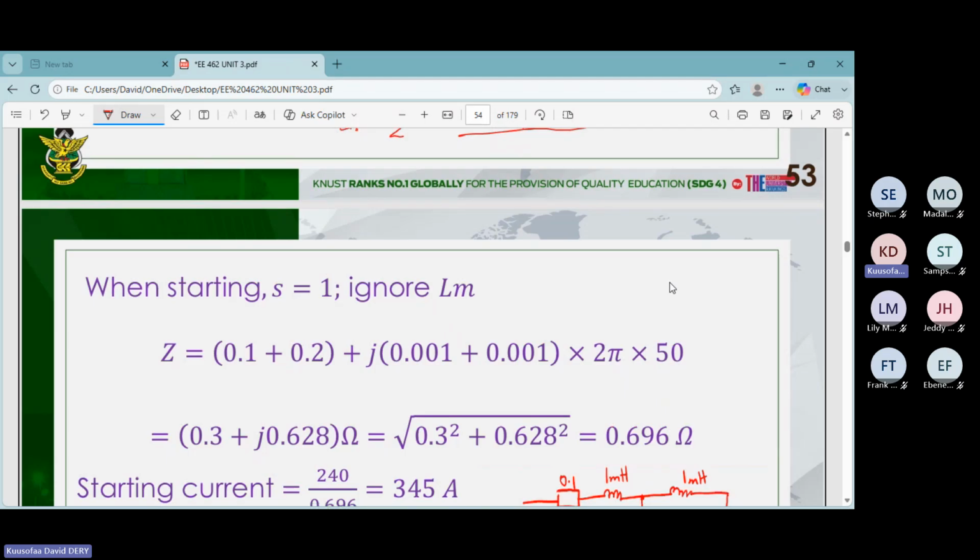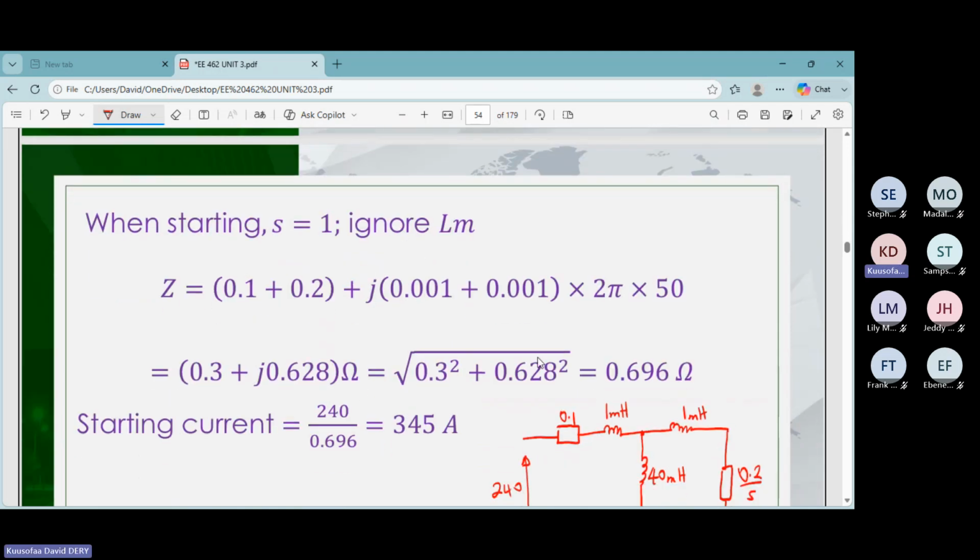That's the assumption he made. I don't know why he made that assumption. I'm thinking that he might neglect it because the current will be very small. So if we neglect this one, then the resistances will be in series, the inductances will also be in series. So we just add them, get the complex value, which is the